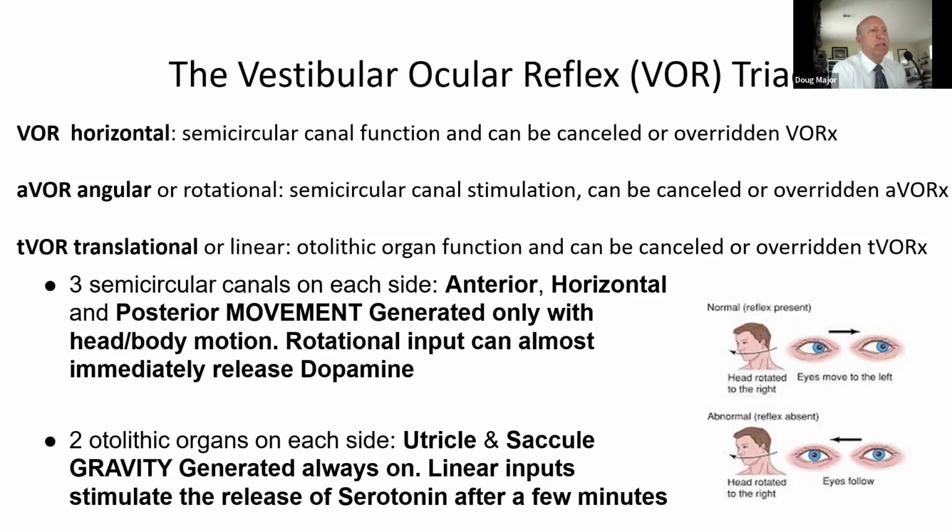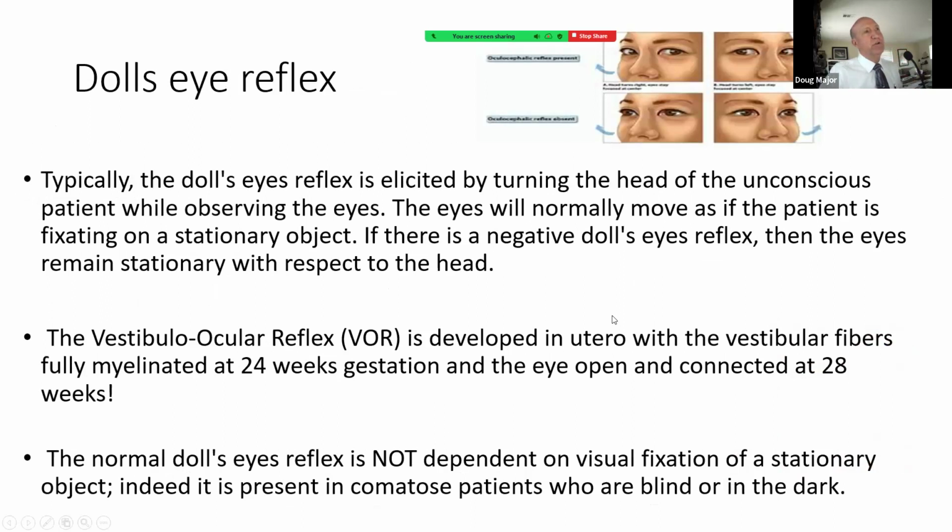Some people suggest that it would release dopamine. And the otolith organs on each side is always on. It's not associated with movement, and it has to do with linear input, up and down, bob, weave, and possibly is associated with serotonin after a few minutes. So a quick system and a slow system, as Dr. Z has said. Of course, I always just learned really just the one system when I was going to school,